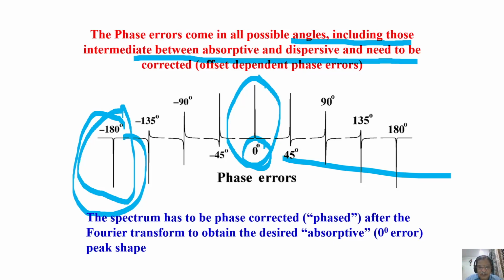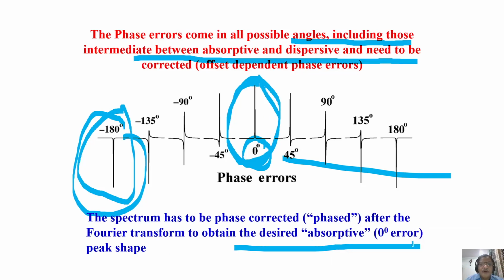electronically, or you can do it in the instrument in such a way as to ensure that these two components are exactly out of phase by 90 degrees. When they are exactly out of phase, you will get a pure absorptive spectrum like this without any phase error. So what you mean by phase correction is that you are going to ensure that the real and imaginary parts of the signal have an exact phase difference of 90 degrees. That's all about phase correction.